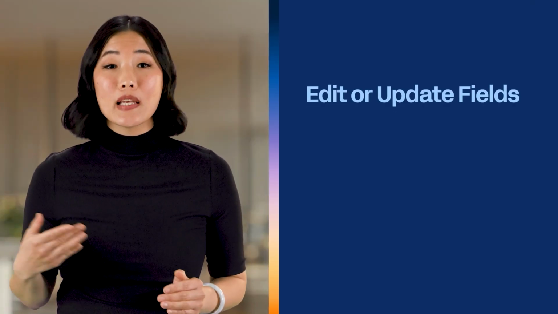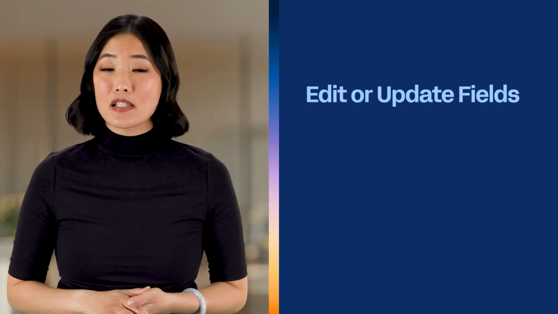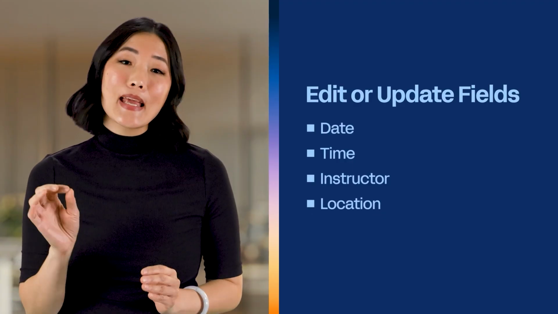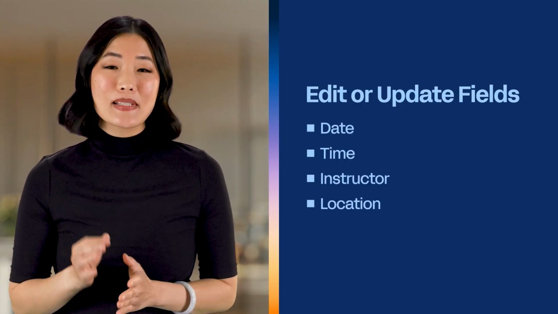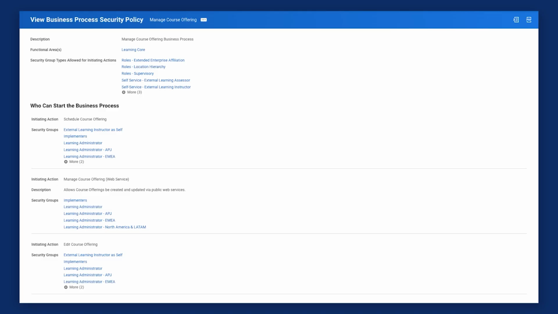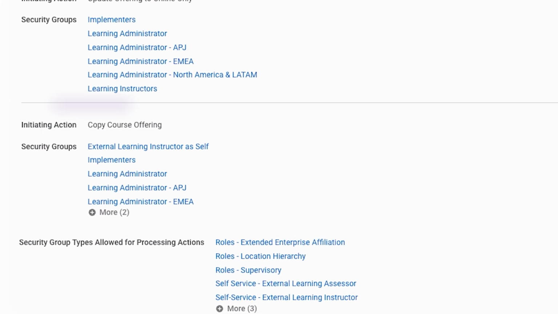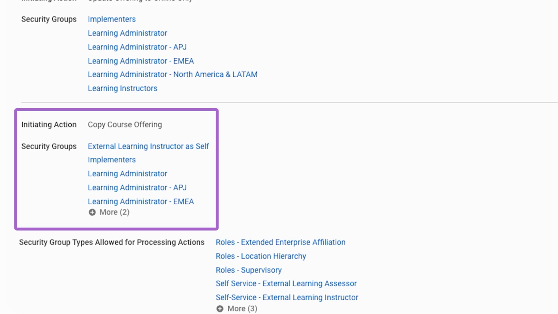Streamlining the creation of multiple offerings for a course is crucial for efficient learning management. Copying existing offerings simplifies this process by duplicating all fields of a selected offering. You can edit and update most fields, such as date, time, instructor, or location, tailoring the copied offering to your specific needs. To use this functionality, ensure the appropriate security configurations are enabled on the Manage Course Offering Business Process